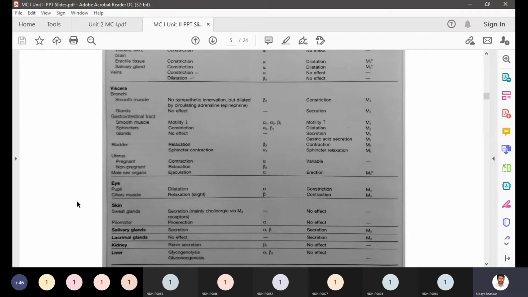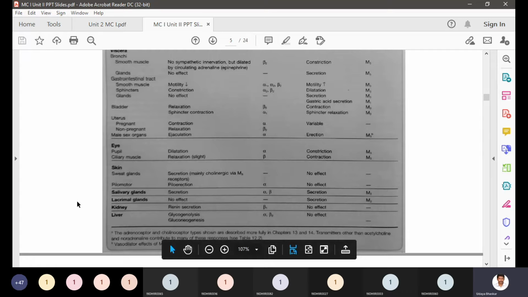So observe the counterparts of the cholinergic system. They are constricting smooth muscles, and they are secreting from glands. The cholinergic system is responsible for secretion of saliva and gastric juice, etc. Motility of the gastrointestinal tract is increased by the cholinergic system. Dilatation of sphincters so that food is in and excretion is out. Then sphincter relaxed in the bladder, then erection of male sex organs.